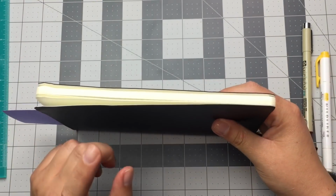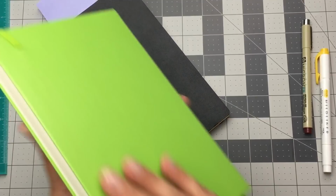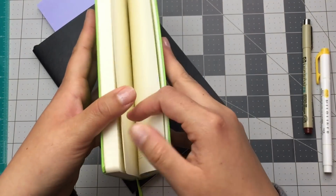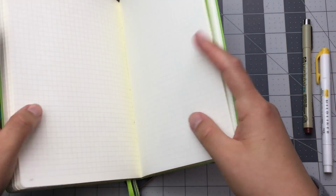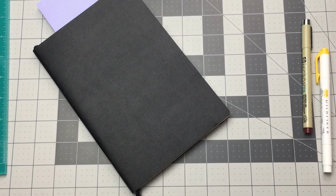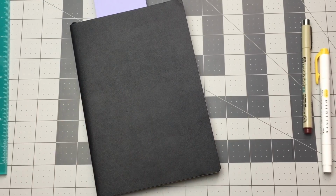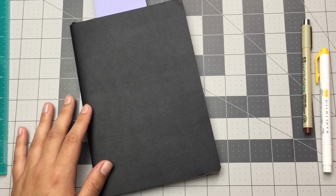And I thought that since it is a lot thinner, the hardcover Leuchtturm, which I have right here, has 249 pages in it. I know that a lot of people like to set up a brand new notebook for NaNoWriMo, but I am taking a novel that I've already started working on since June, since I'm kind of not really playing by the rules. I've already gotten everything out of the way. I have my names for my characters, I have world building, everything. So all there is to do for me is to sit down and write